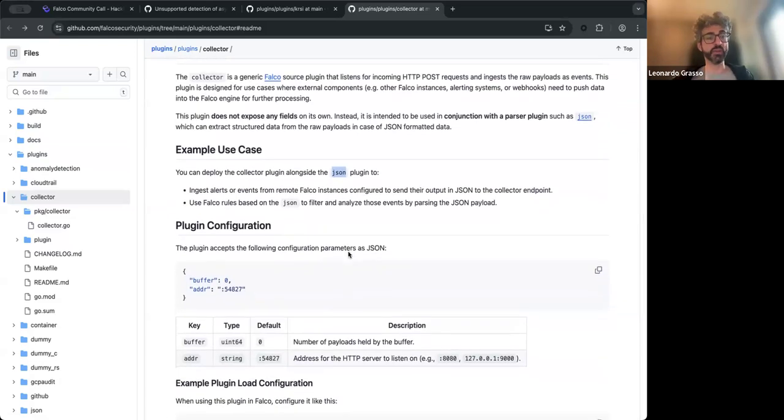For example, if your raw payload is formatted using protobuf, we can in theory write an extractor plugin that extracts fields from a protobuf-formatted message. So I guess this can be extended to other use cases if needed.